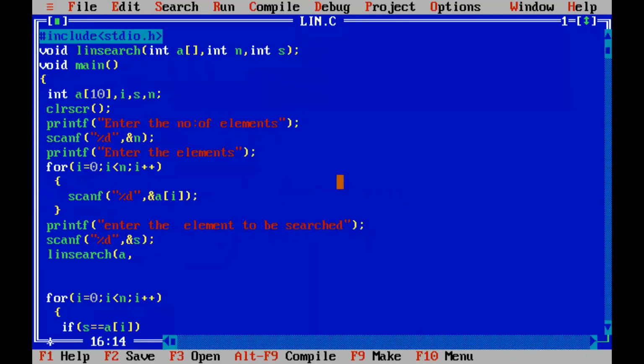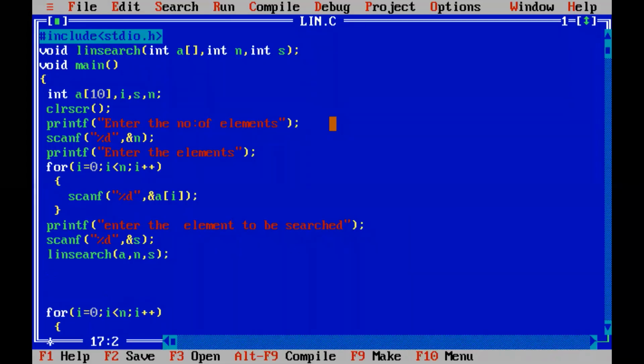The second variable, we again informed the compiler that we will be passing the number of elements in the array, that is n, and the search element or the search number, which we have accepted in the variable called S. So these are the 3 things we had committed to the compiler that we will be sending as arguments. Now we finished the function declaration. And then we finished the function call also.